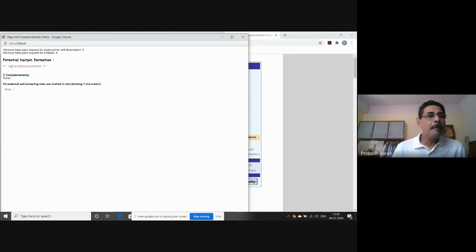But as I said, if this type of hairpin formation is not there, this is the best primer. But if it is there, you should see if it contains more than 3 G or C. Now it contains only 1 C, here also only 1 G, not more than 1 G or C within the complementary segments of the primer. So we may ignore this potential hairpin formation in this particular primer.